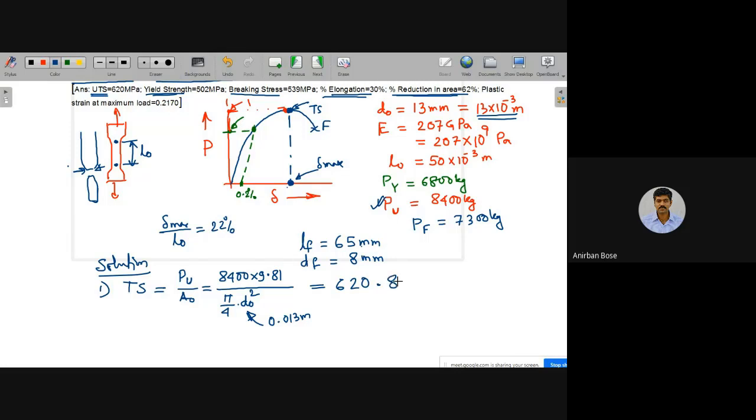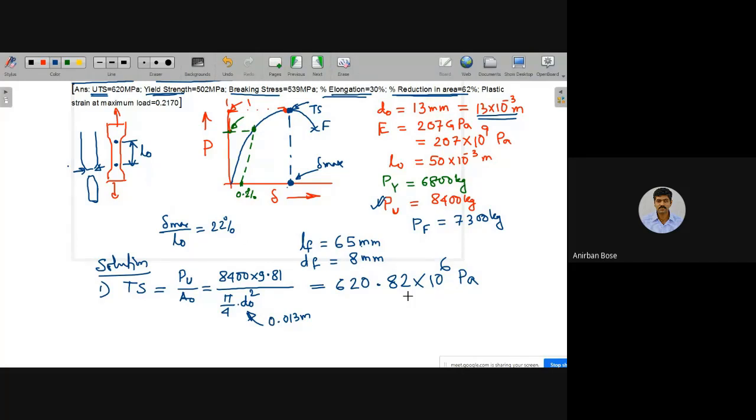Please check what is coming in your case, and this multiplied by 10 to the power 6. If you just do this calculation, you will find this is coming in Pascal unit. So it is better you represent it. Always remember the order of magnitude of the strength quantities like yield strength, ultimate strength or fracture strength. You always express these quantities in megapascal unit. Always express, because they are order of magnitude in that range.